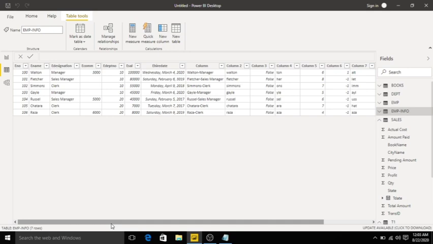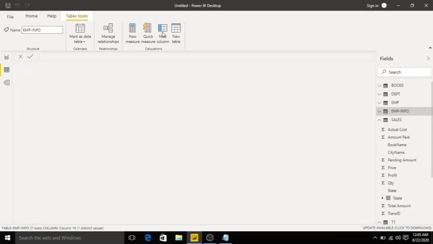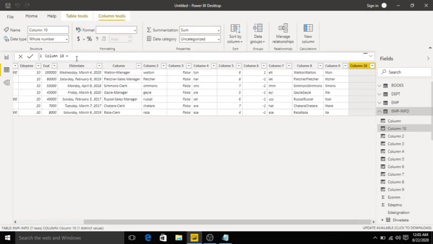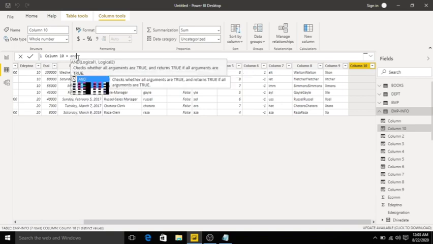We have another function called and. I will create a new column. And checks whether all arguments are true and returns true if all arguments are true.